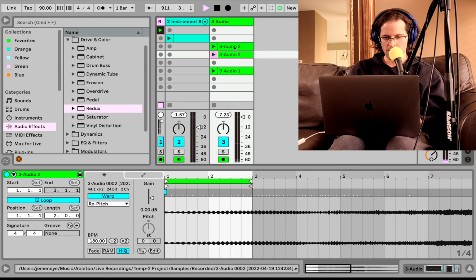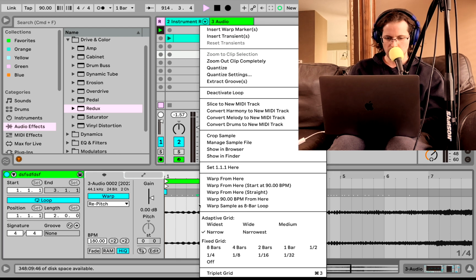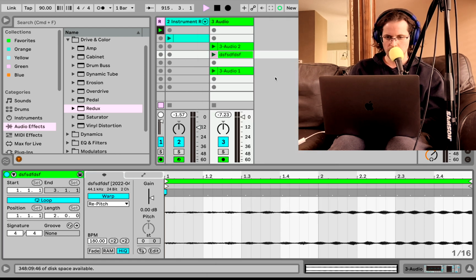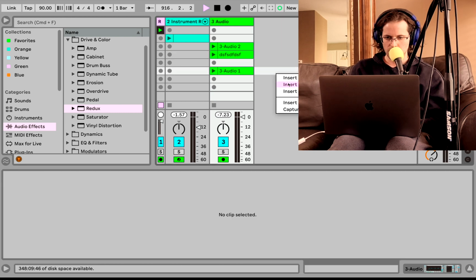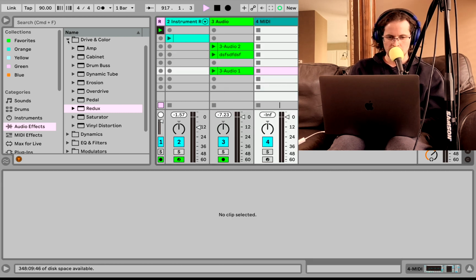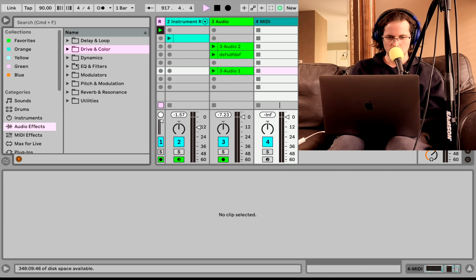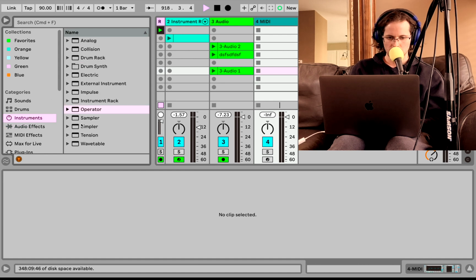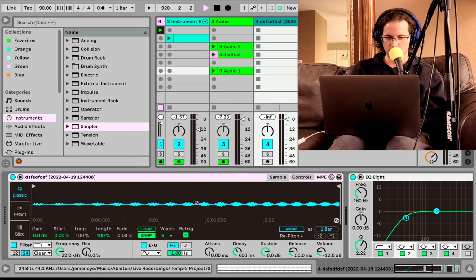Yeah, pretty cool. I'm going to duplicate this clip. And what I'm going to do is come down here, crop sample. Then I am going to insert a MIDI track, and then go to Simpler. I'm going to drag this baby down here, turn off the record enabled. And so now if we play a C3,